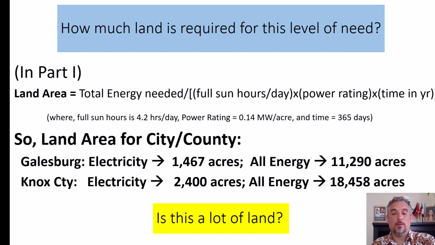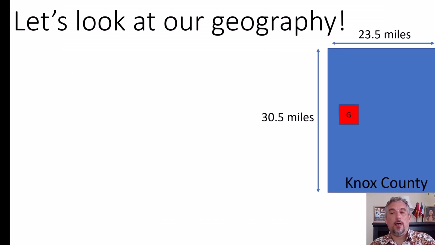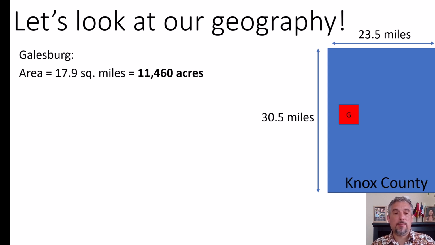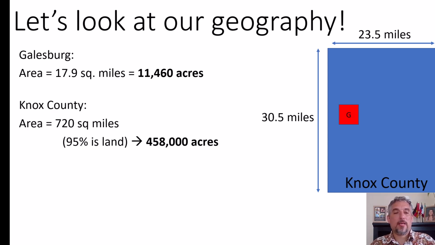real areas. So let's look a little bit at our geography. This is Knox County, shown on the right. It's approximately 30.5 miles long and about 23.5 miles wide. And then the red square there is approximately the size of Galesburg. So that's how big Galesburg is relative to the county in which it resides. What are some real numbers, though? The area of Galesburg, that red box, is about 18 square miles, and when you compute that into acres, you get 11,460. Knox County is 720 square miles, and about 95% of that is land,